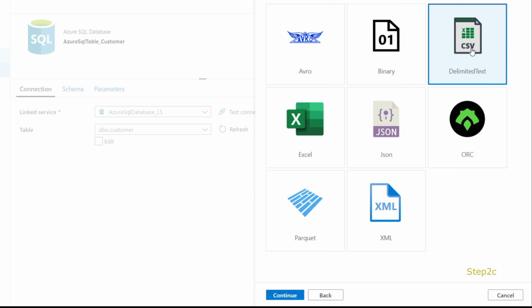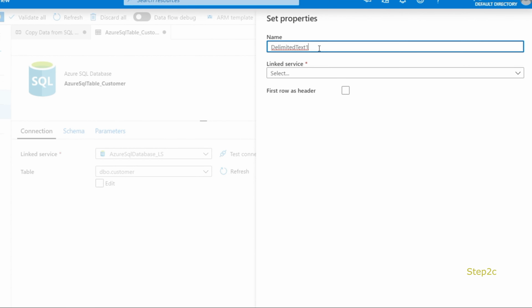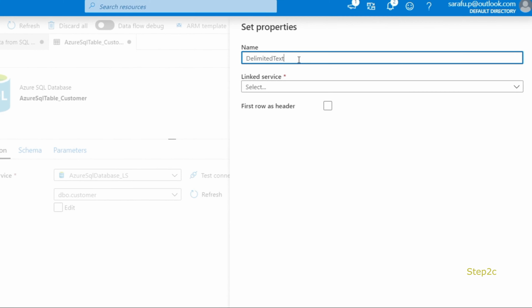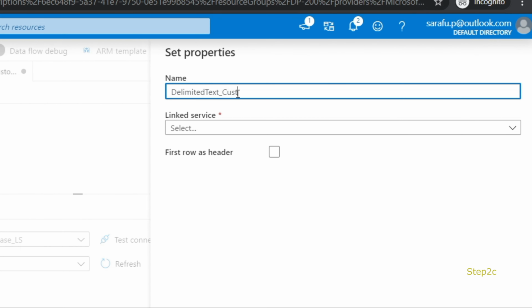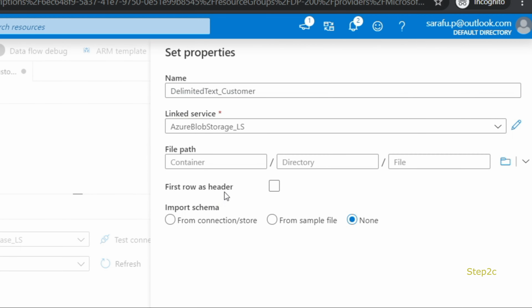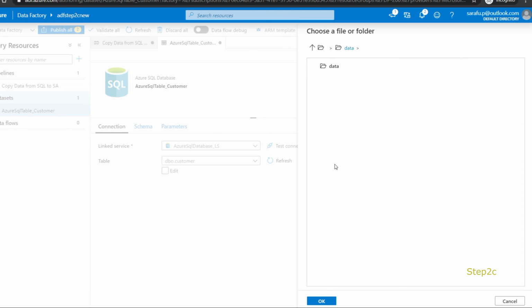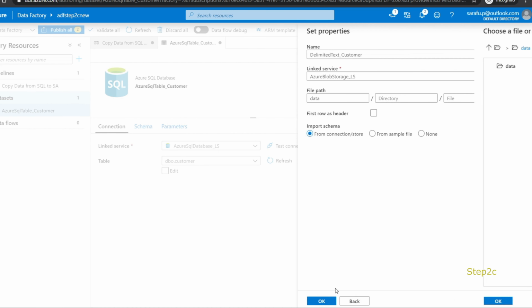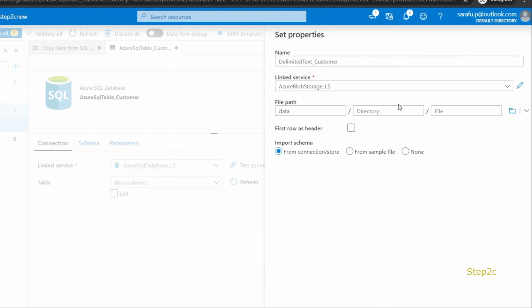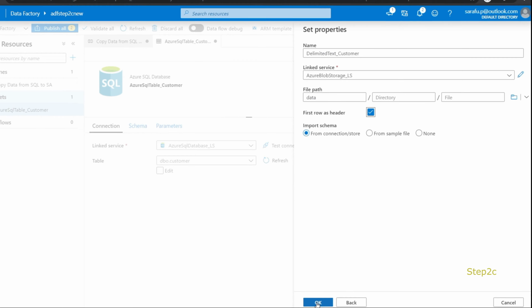Select delimited text, and we could call it delimited text customer. Let's select the linked service and the file location. We don't have any file, we are just specifying the location. Also we could specify first row as header.